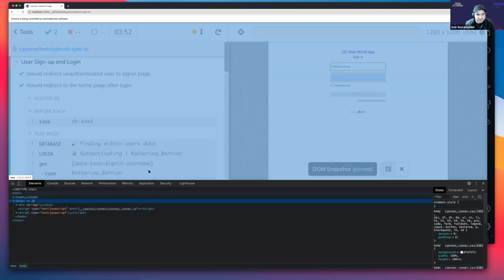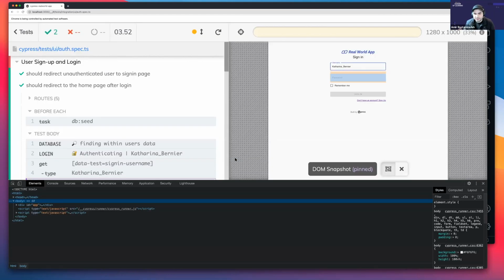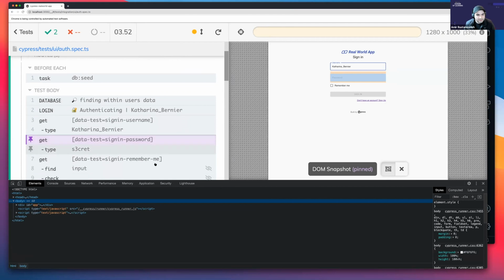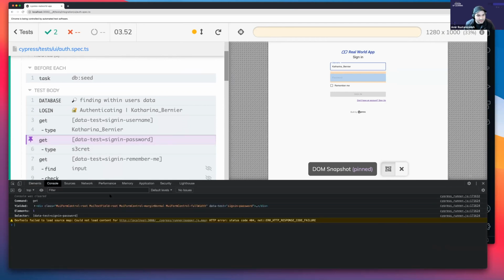So you can just pop up DevTools and use the same tooling you use to debug your app and your tests at the same time. But Cypress does a little bit of integration with your DevTools as well. So if I just bring up my console,